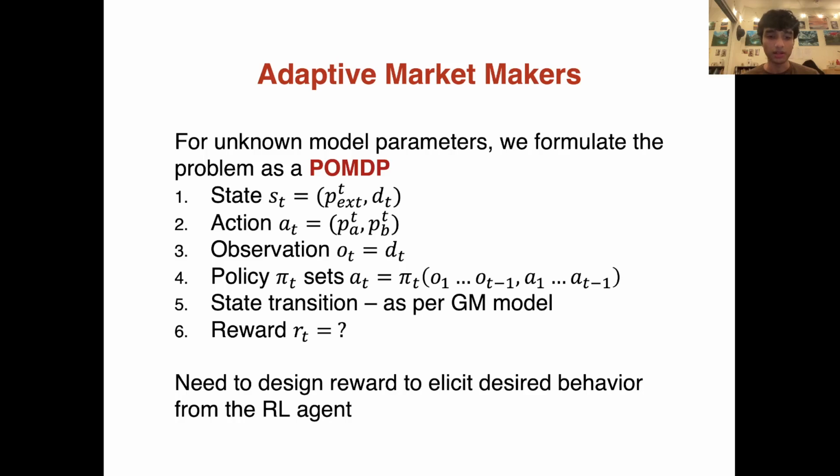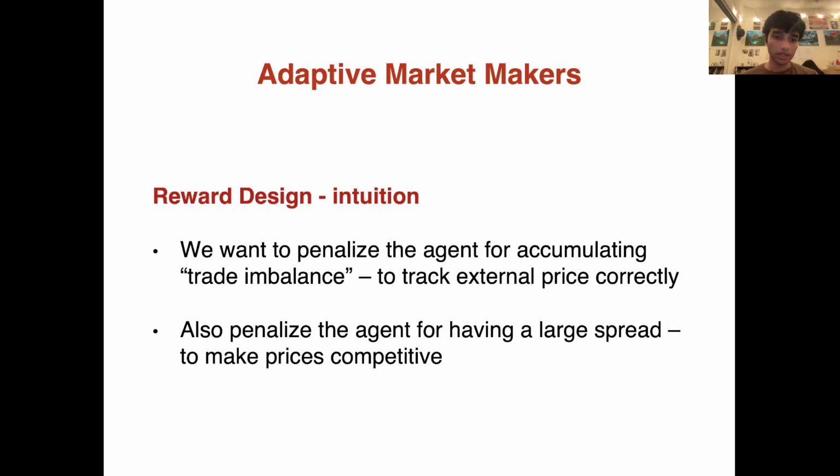Thus, the market making agent needs to infer the external price from the history of trades and ask and bid prices. The intuition behind designing the reward is as follows. Firstly, we want to penalize the agent for accumulating a large trade imbalance. That is, historically a large number of buy or sell trades. Because what this means is that if on an average the